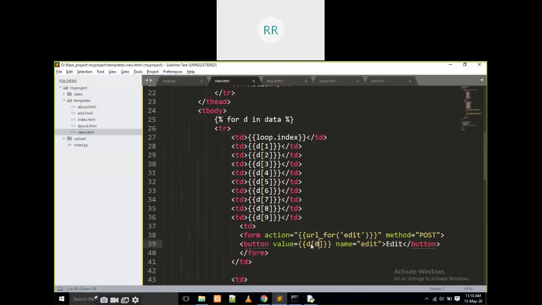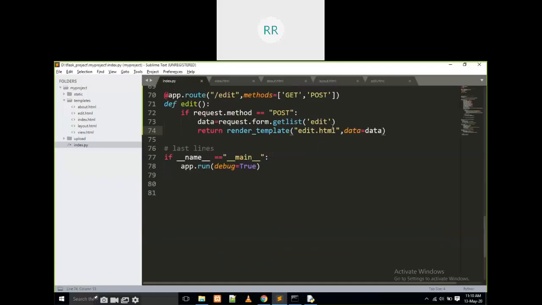Okay, no problem for this. If it is d of 0, I will try it again.